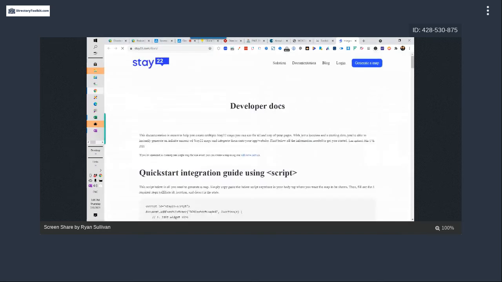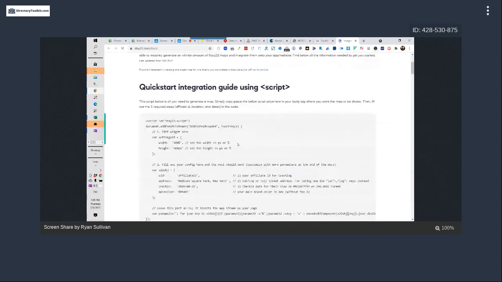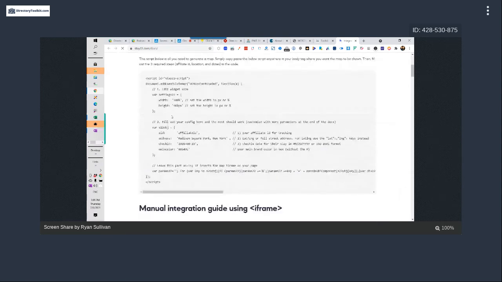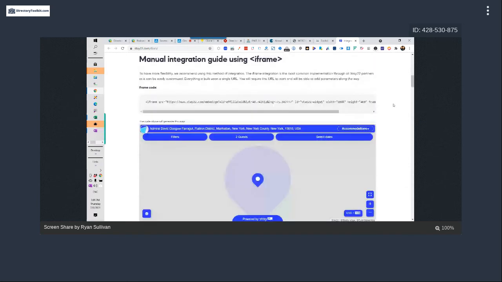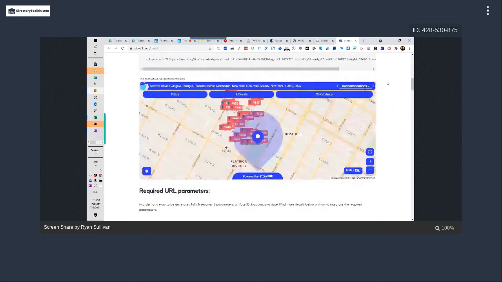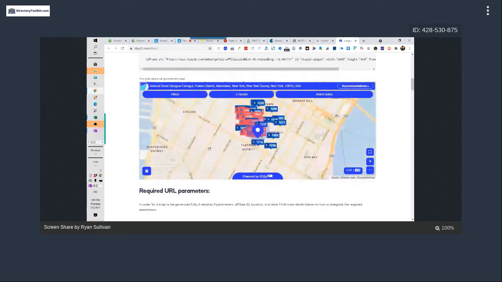I don't remember if you're still looking at doing something different, but it's called stay22.com. It's kind of the same thing, where anybody can add a script in there, and you just dynamically change the address and check-in date or whatever. What it basically does is give you a kickback on the housing, and this is kind of what it looks like, where it kicks in there. It has, I think, Booking.com, it's got Expedia,